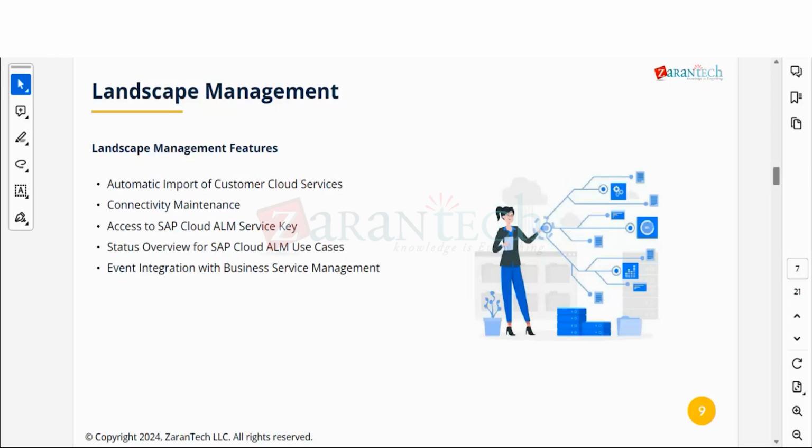So most of you know that in SAP for Me, earlier it was Launchpad, you can go and see the availability of your cloud solutions, right? The same thing you can integrate in your Cloud ALM. Basically, let's suppose you have a multi-cloud solution landscape and you have integrated your business service